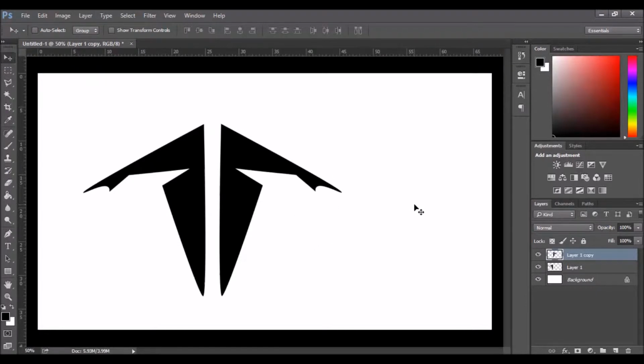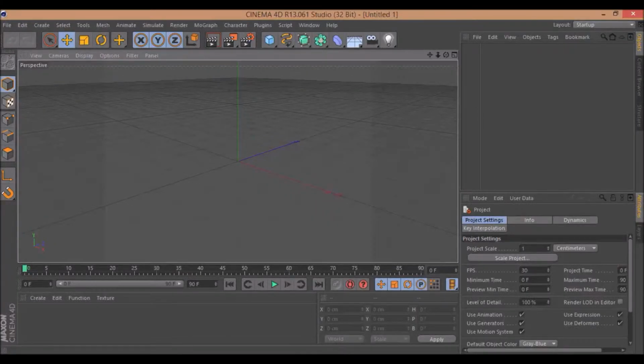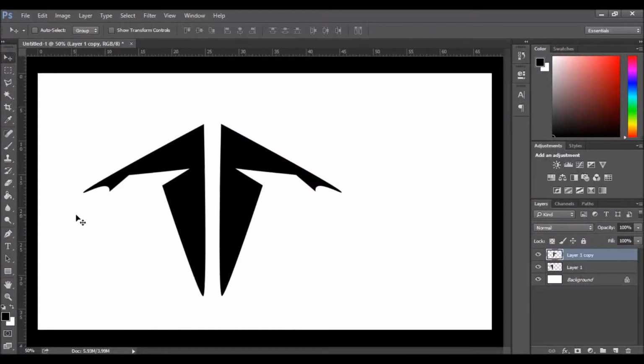you have made the logo, but if you want to make it 3D, there's Cinema 4D as a program, and that is this. Go on Google or YouTube and search how to get free Cinema 4D if you don't want to buy it. Okay, once you have done that, go over to Photoshop where your logo is, then get the magic